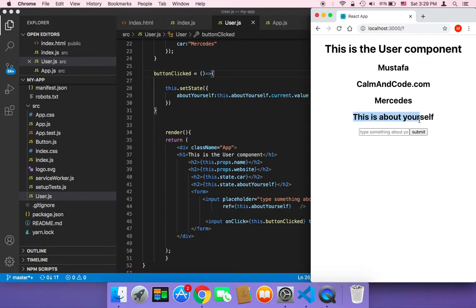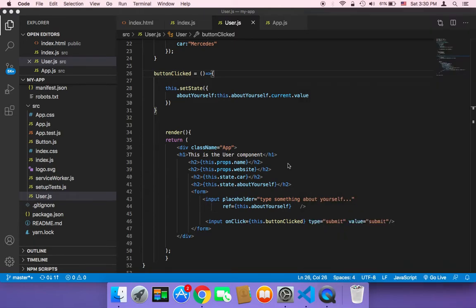This is about yourself. And if I type something here, I am an entrepreneur, and then I'm going to click on submit, and as you can see, it changed the value, but it went back to this is about yourself. Why? Because actually